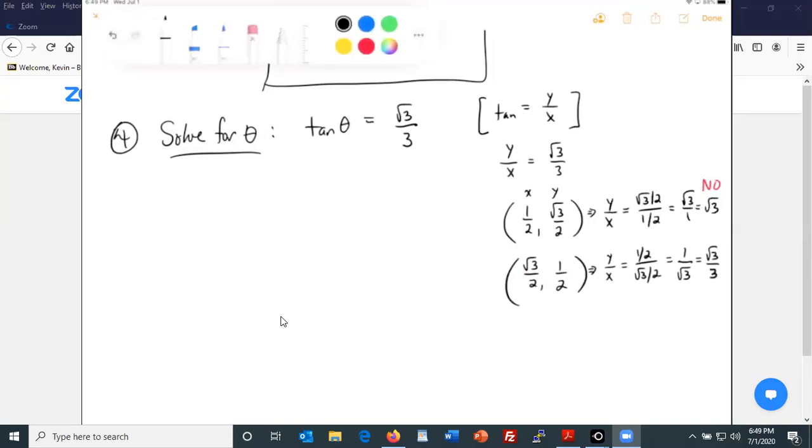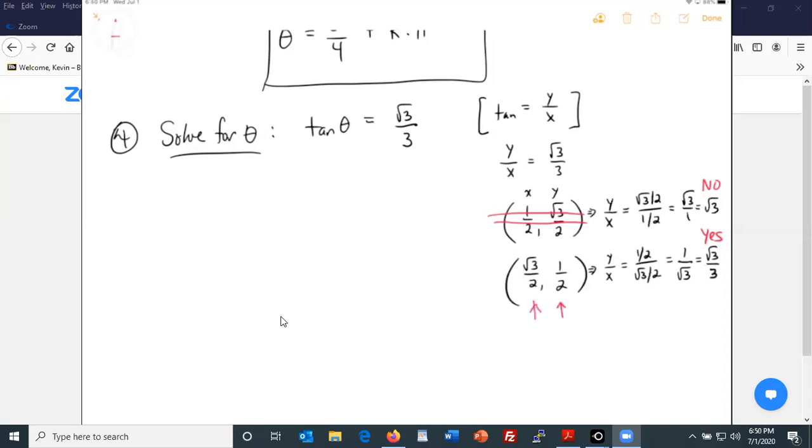So that would be a yes. So that means we're going to scratch this one off. So now what we want to find are the 2 points and the 2 angles, of course, that match up with coordinates where you have the square root of 3 over 2 first